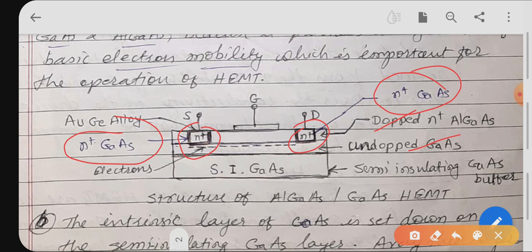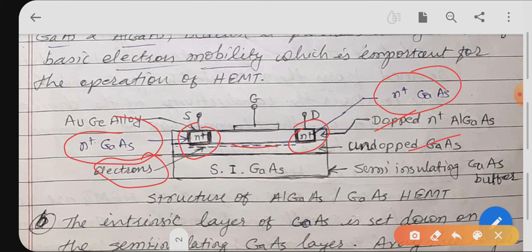Then how it works, I'll repeat this. The electrons present in the N-type regions move through the crystal lattice, and many charge carriers or electrons remain close to the heterojunction. The heterojunction you can see here is made up of gallium arsenide and aluminum gallium arsenide. The junction is formed by two dissimilar semiconductors, therefore it is called a heterojunction. So these electrons in a layer form a two-dimensional electron gas. Here it is shown by the dotted lines, the 2D electron gas.